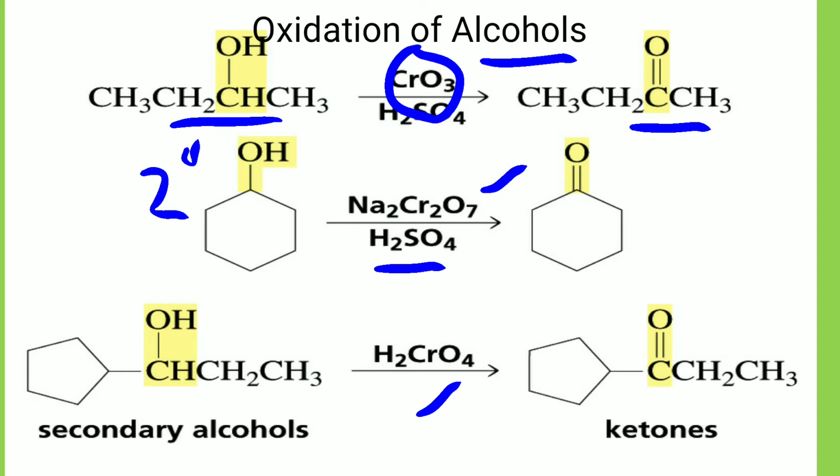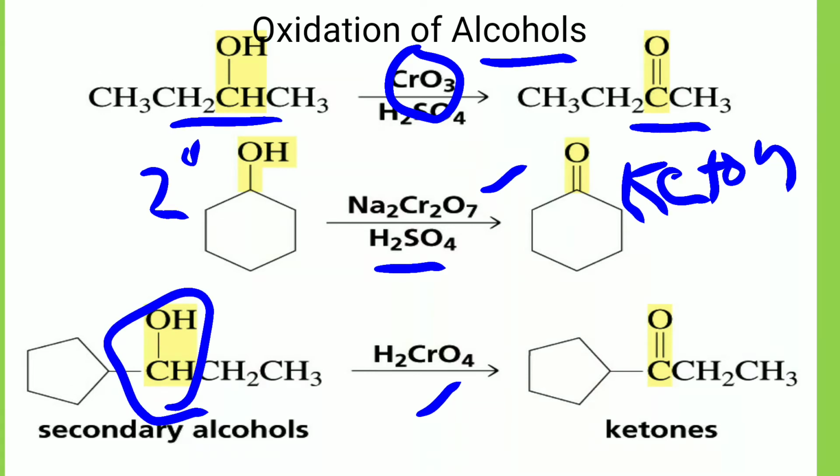Whenever we use the secondary alcohol, on oxidation in presence of an oxidizing reagent such as Na2Cr2O7 in acidic condition, that is H2SO4, we get the ketone. This is the ketone compound. Here this is ketone. Okay, here is another example. This is also a secondary alcohol. This secondary alcohol gets converted to the ketonic compound.